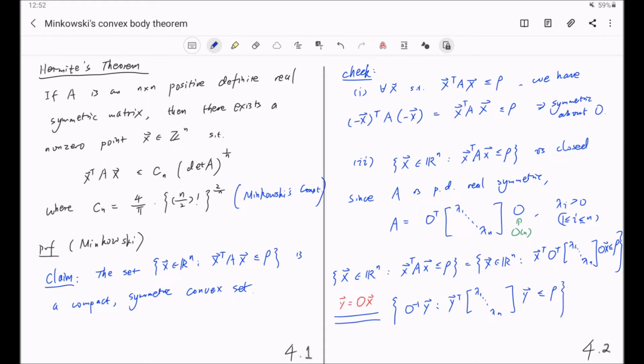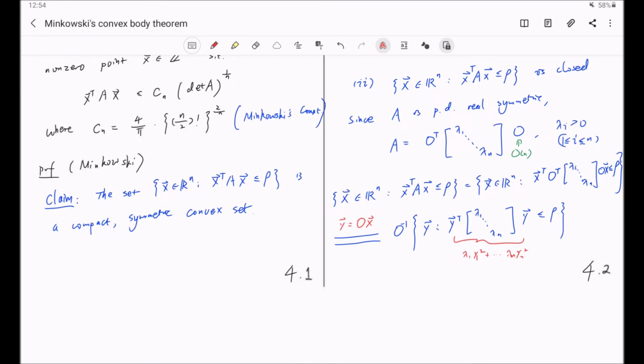And now you can pull this O inverse outside. Notice that this part will simply be lambda 1 times y1 squared plus ... plus lambda n times yn squared. Since we assume that the lambda sub i are positive, which follows from the hypothesis that A is positive definite,